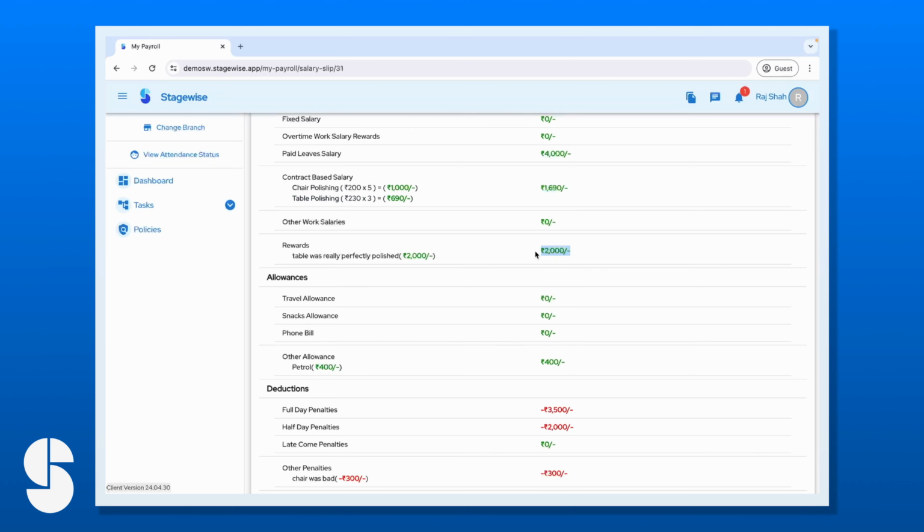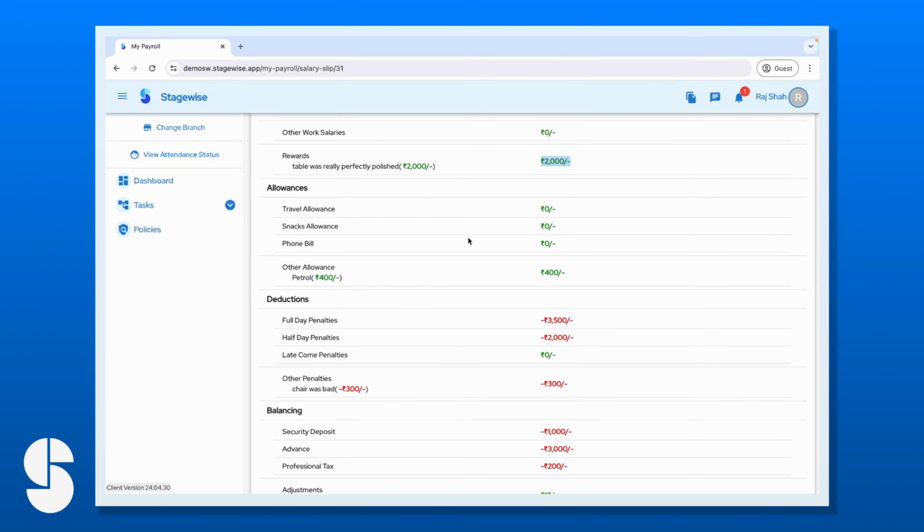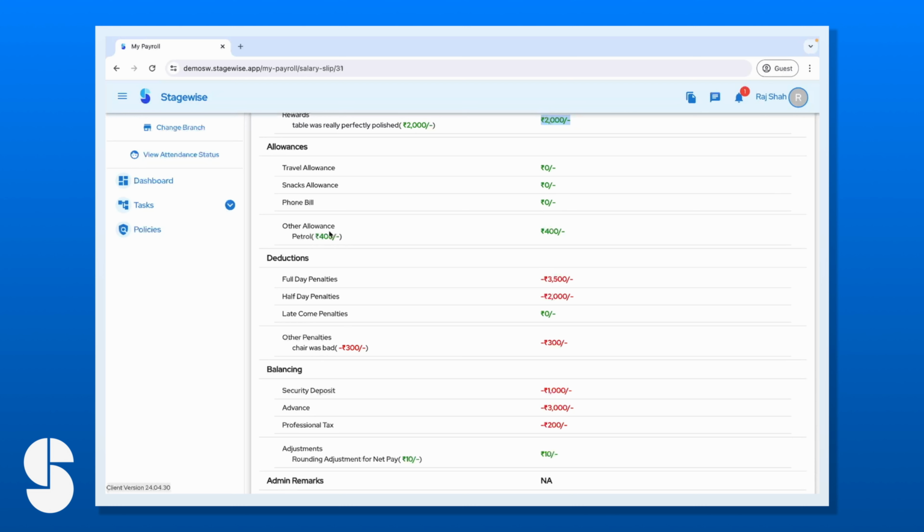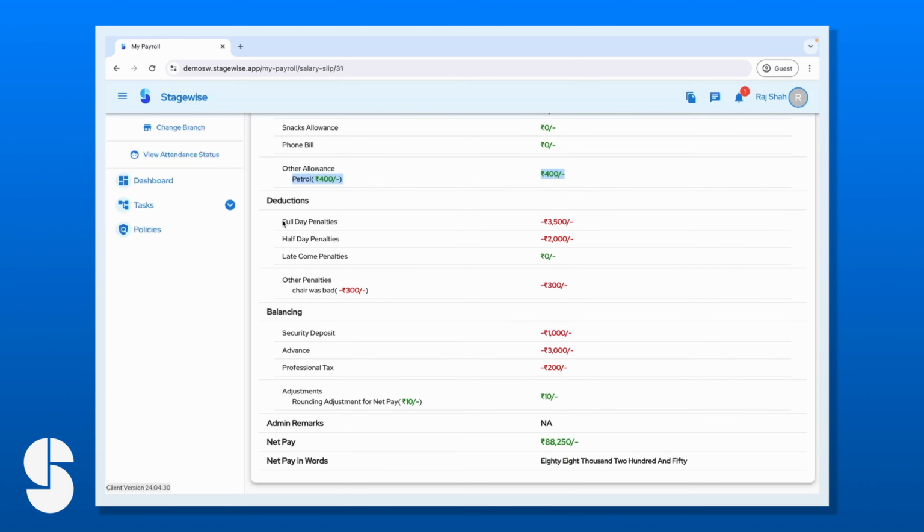Rewards, of course, we gave him 2,000 rupees rewards. Then there was no travel allowance, snack allowance, phone bill. You can add if you want. There was 400 rupees of reimbursement. It was 450, but we verified and we checked. Okay, we want to keep it 400. So this is 400. Then there are full day penalties which have been applied,